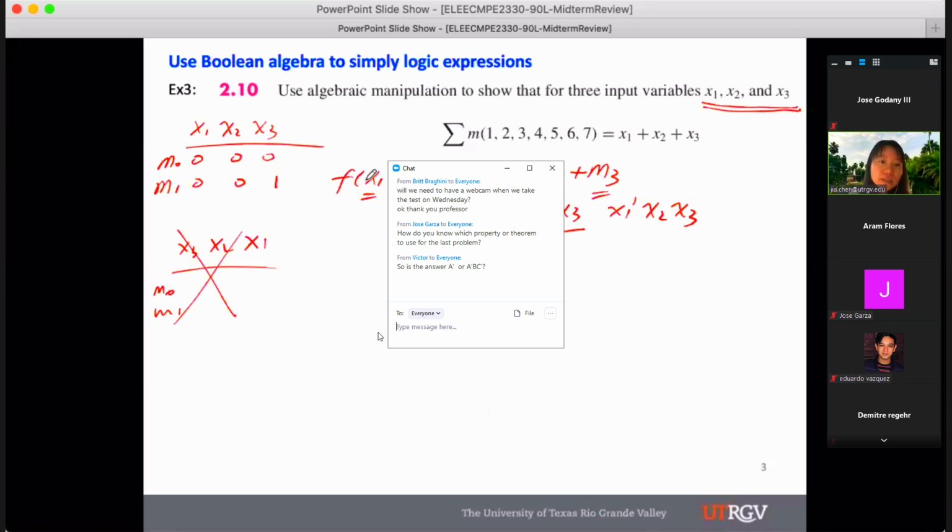Now this is the second example. You can use Boolean algebra to simplify a logic expression. The first thing I say here is, this is an example with minterms. Sometimes maybe you simplify something with maxterms. So the first thing is to make sure